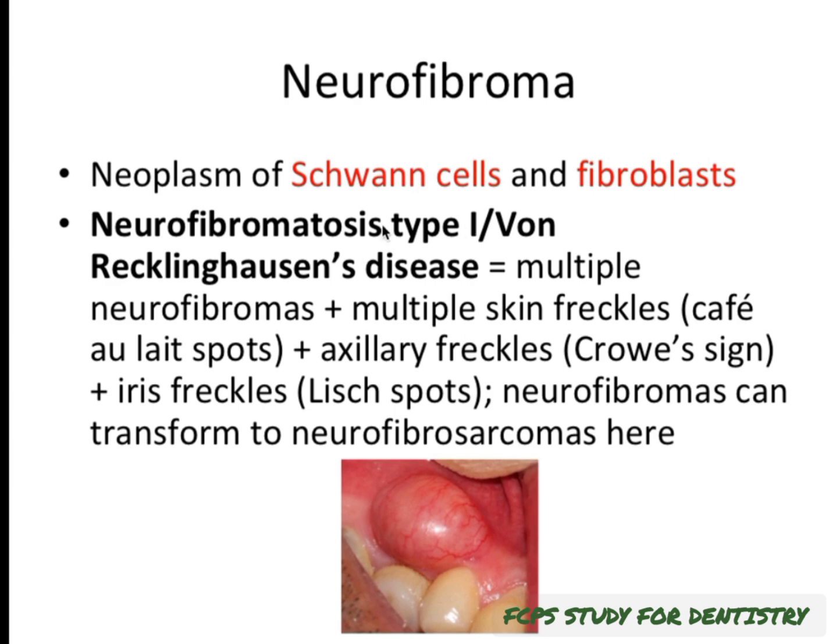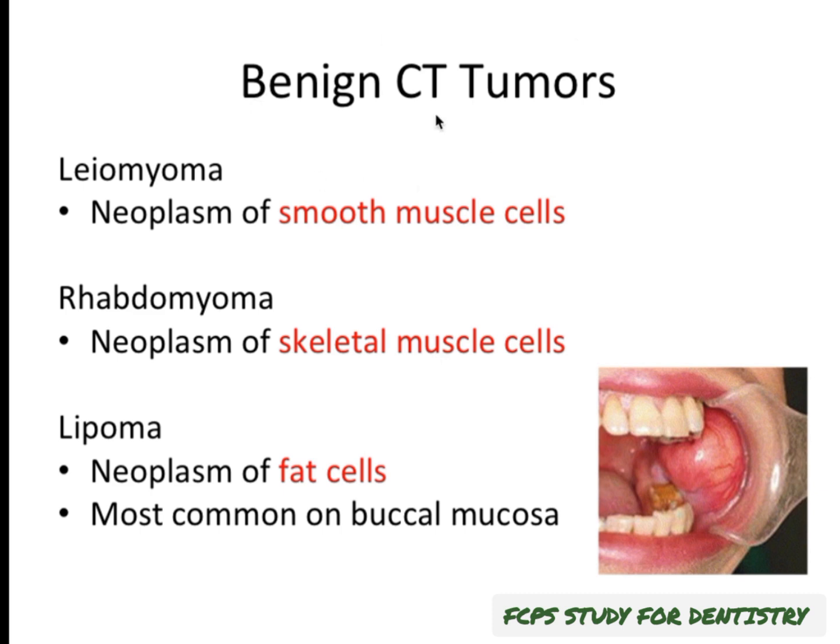And we just have 3 more benign connective tissue tumors before we wrap up this video, and they are the leiomyoma, which is a neoplasm of smooth muscle cells, leio and myoma for muscle, the rhabdomyoma, a neoplasm of skeletal muscle cells, and lipoma, this root always referring to fat, a neoplasm of fat cells. And this one's most common on the buccal mucosa. You can kind of see this yellowish nature is usually something